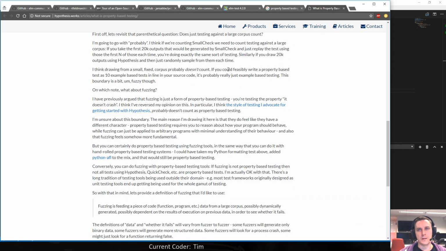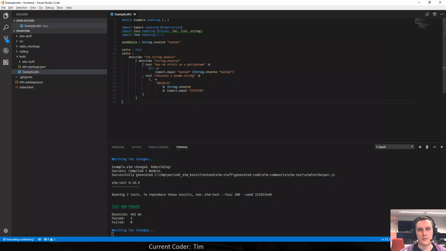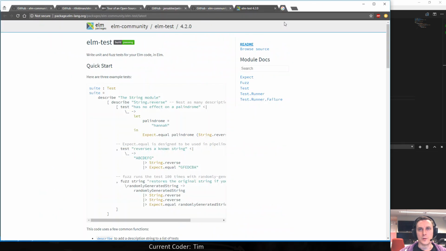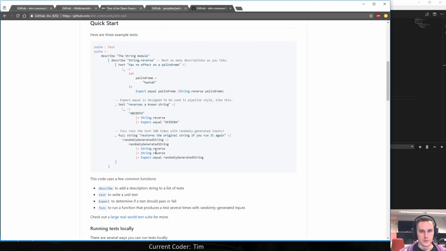Basically, it comes down to randomly generated inputs, but these randomly generated inputs you can also limit or constrain to values that only make sense to you.